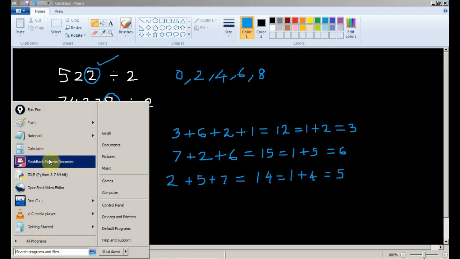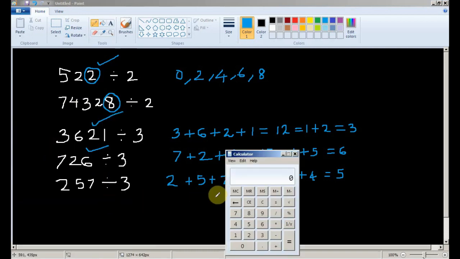Let me take out my calculator and we can verify this right away. 257 divided by 3 is 85.6666 and so on. So it's giving me a fraction. It's not perfectly divisible by 3.